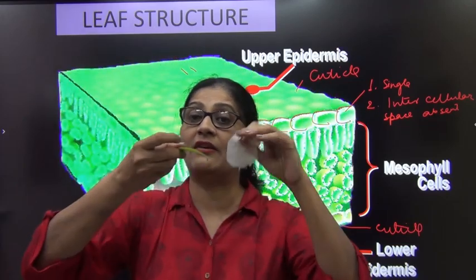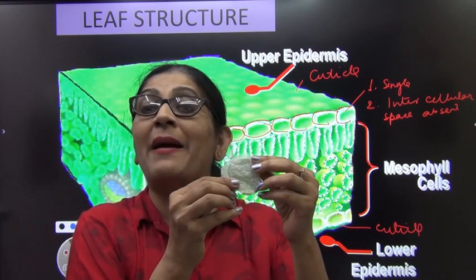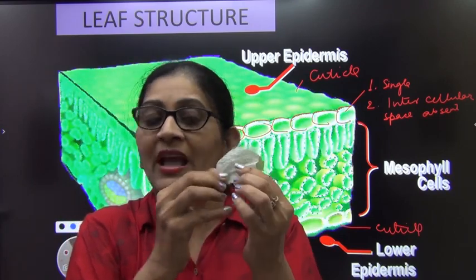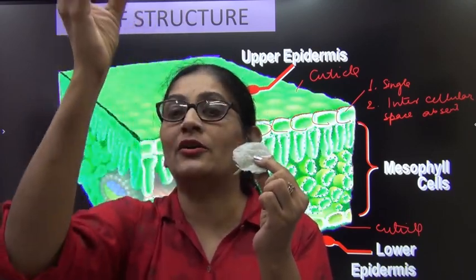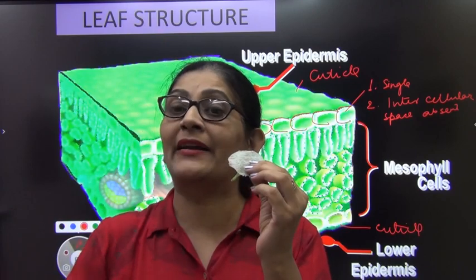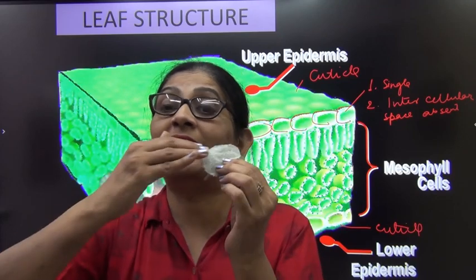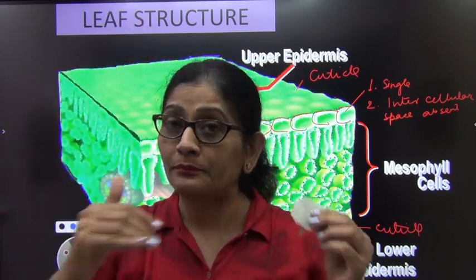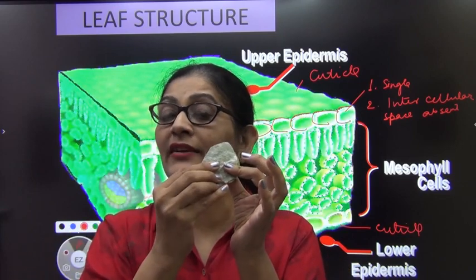Now why is the leaf covered with a waxy layer? This is because the leaf is the most expanded part of the plant, and it has minute apertures called stomata, because it needs stomata to take in carbon dioxide. एक तो बहुत चौड़ा है, ठीक है, most expanded part है. उसके अलावा बहुत सारे छोटे छोटे apertures हैं called stomata. So it has a tendency to lose water, right? So it is covered by this waxy layer called cuticle.